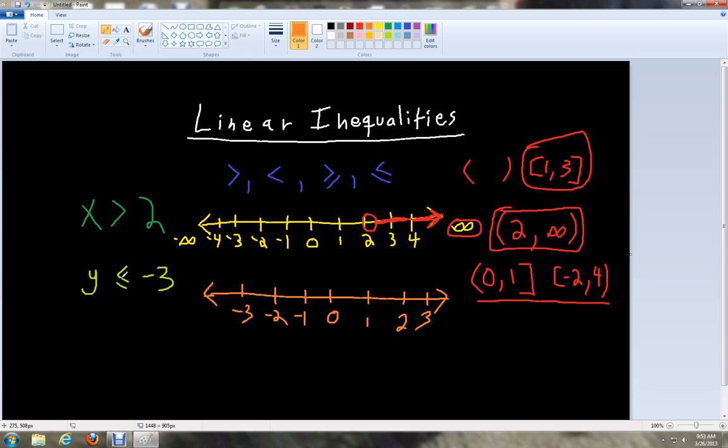And we notice it's less than or equal to -3. So this time, instead of an open circle at -3, we're going to do a colored circle, because we want to include that value for -3, and everything that's less than -3 is all numbers to the left of it. So we're going to shade all the numbers to the left,